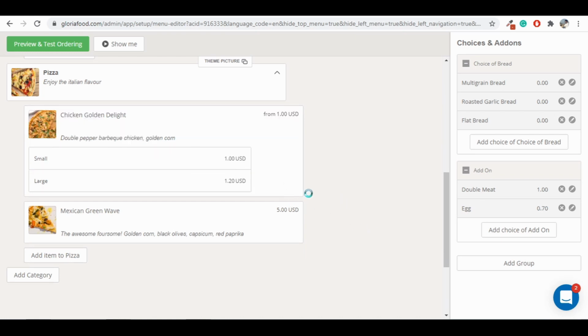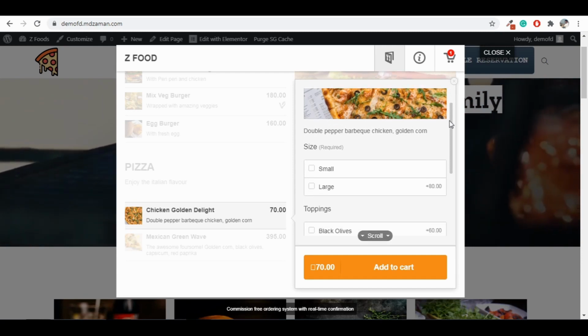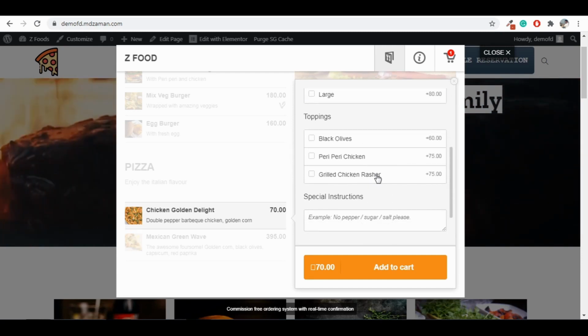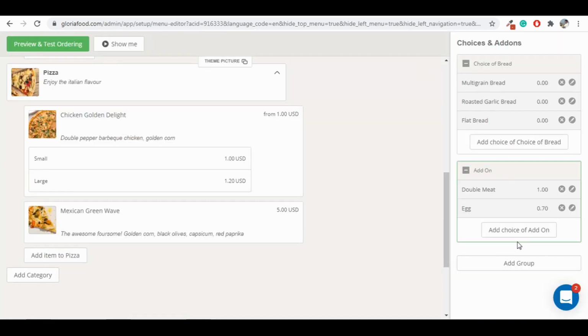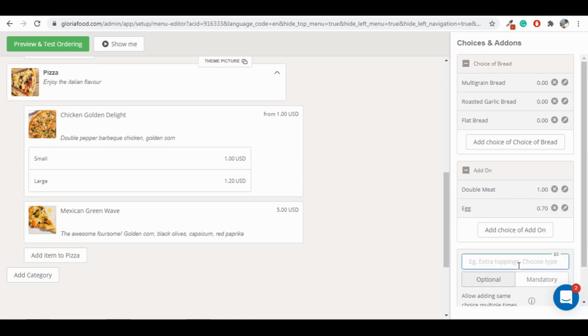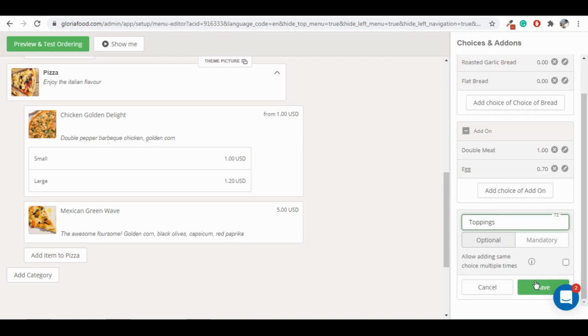Okay, click on save, and now we have the size. Now come down, and over here we have toppings choices. So I'm going to add a toppings choice over here. Click on add group, paste this, and this is mandatory. No, this is not at all mandatory. Click on save,